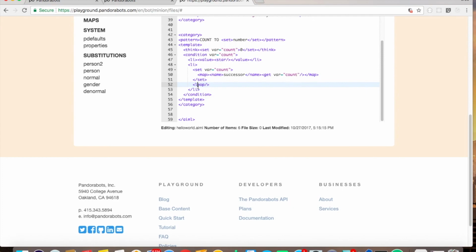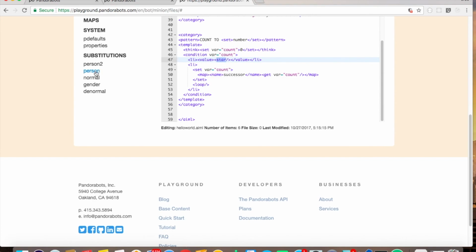Now the loop goes again and checks if it's equal to the input of the user, and again comes to the next li. This keeps repeating until the value of the count and the value of the user input are the same. Until both are the same, the loop keeps on looping.